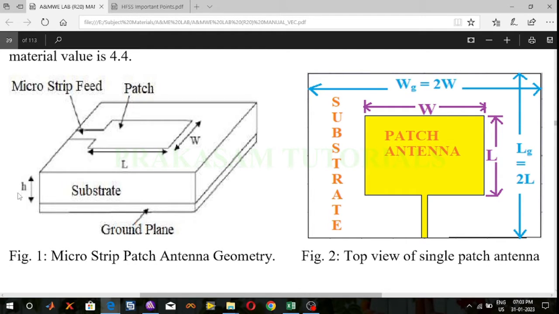Small h is the height of the substrate. So on the ground plane we can design the substrate, and on the top of the substrate we can design the patch antenna. So this is the schematic structure of the microstrip patch antenna, and this is the top view of the microstrip patch antenna. So first we can calculate the design equations of the rectangular microstrip patch antenna, the rectangular patch antenna width